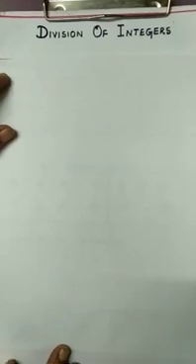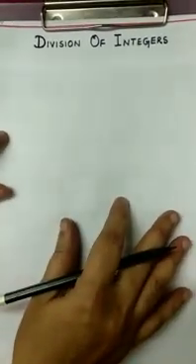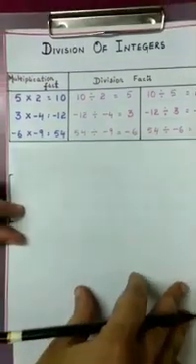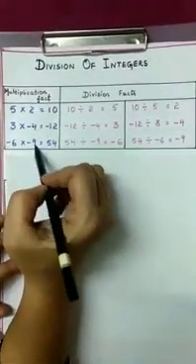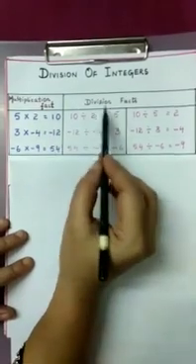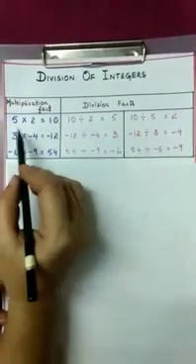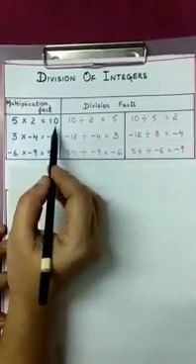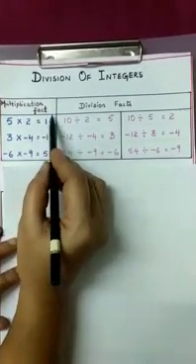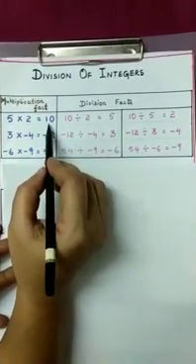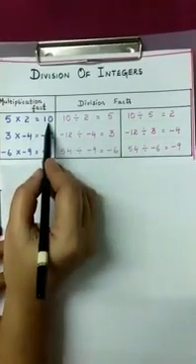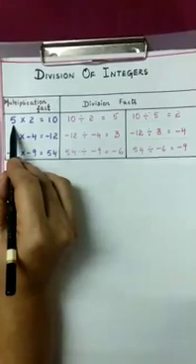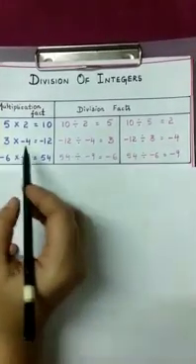Students, let us learn division of integers. Before learning this concept, observe this table here. And here is a multiplication facts. And every multiplication fact we have two division facts. 5 2s are 10. As you know, it is a fact. In this, 10 is a product. If you divide 10 by 2, we get 5 as the quotient. If you divide the same 10 by 5, we get 2 as the quotient.